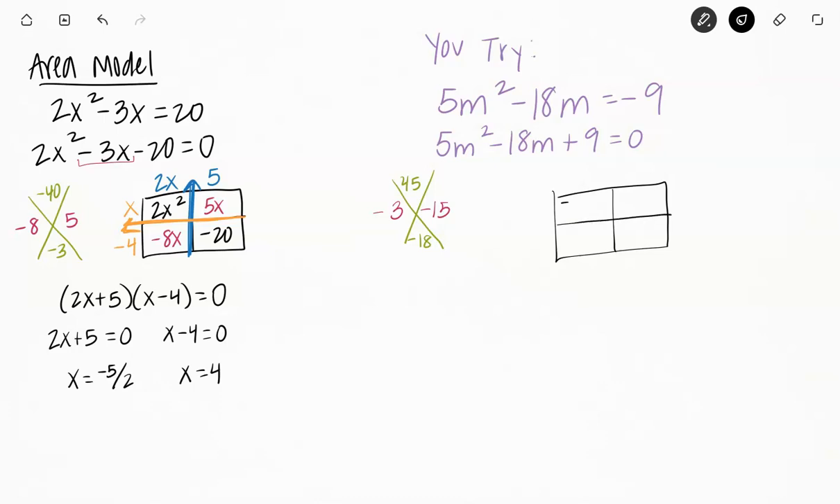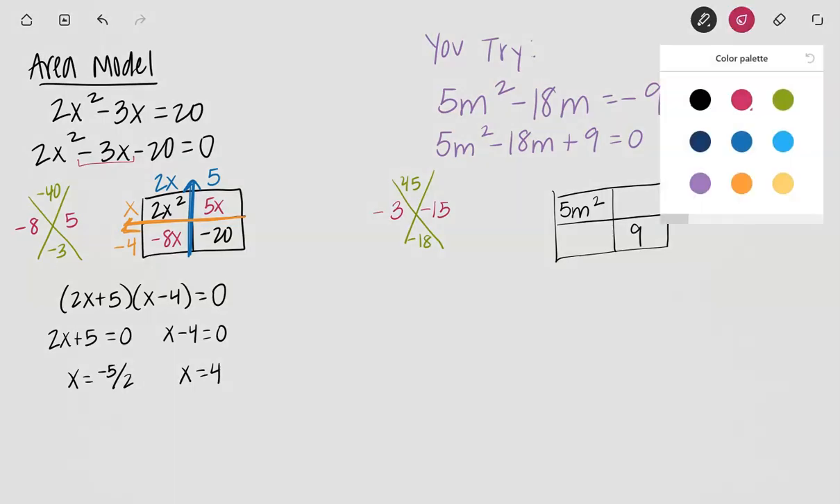So if you're still working this solo, you can do a check-in. I've got my 2 values that I'm going to be plugging into